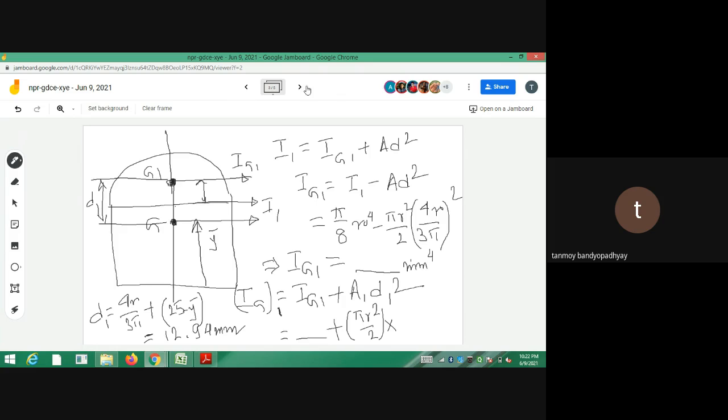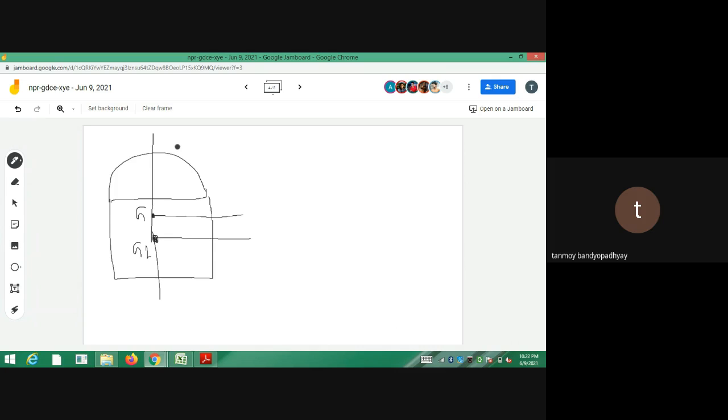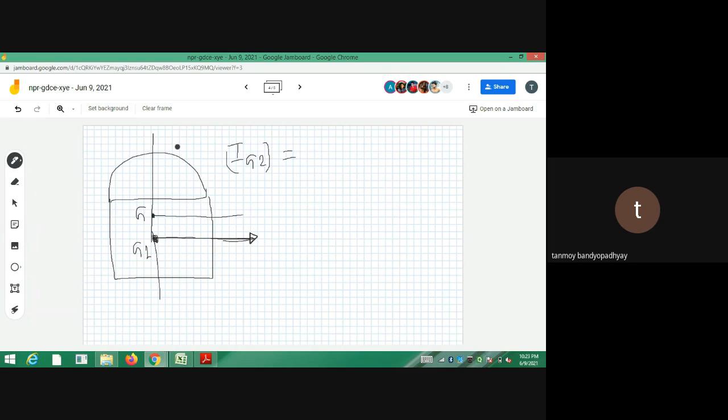Okay? So now I have the value of IG1. Once I have that, I hope the rectangle will be comparatively easier. Again I am doing it here because space is very limited for me. Now for the rectangle, the rectangle's centroid is G2, and I have to calculate the moment of inertia about G. If the rectangle were standalone, what would be its moment of inertia about its own centroidal axis, G2? If an axis passes through G2, what will be the moment of inertia?